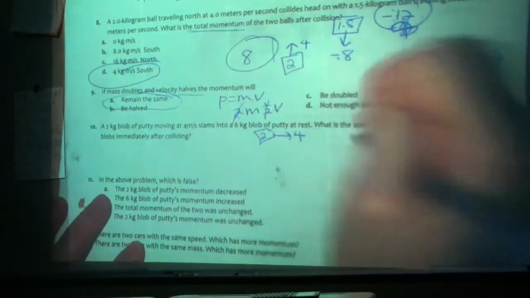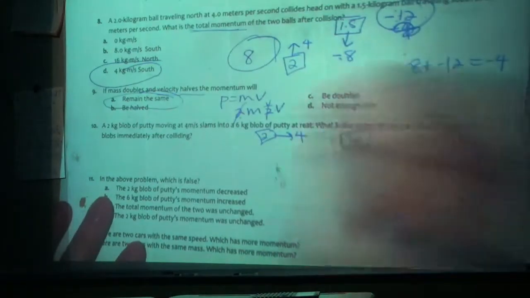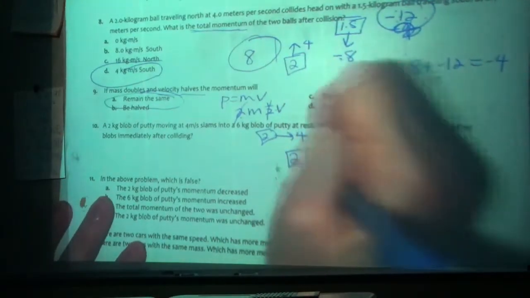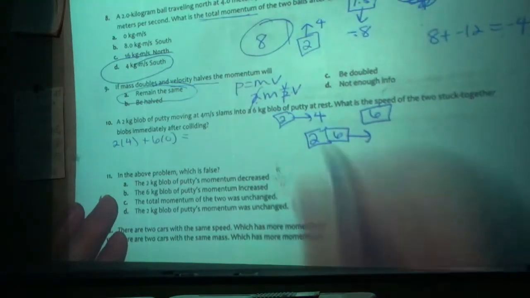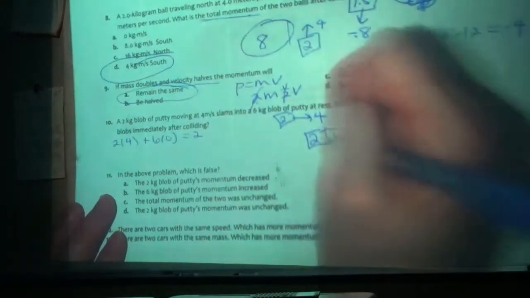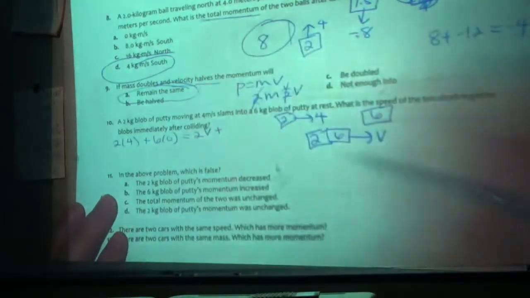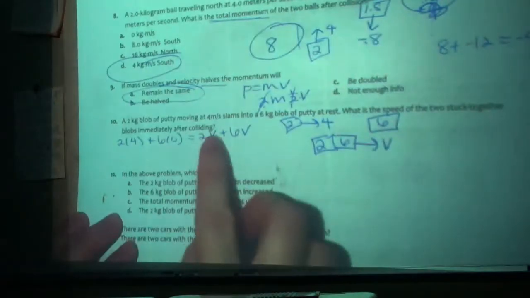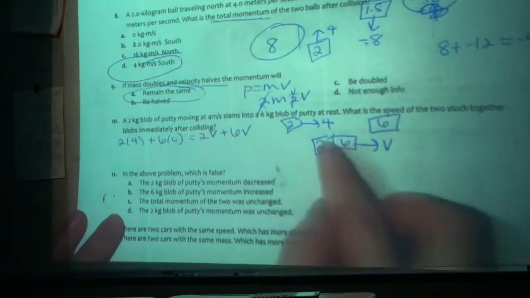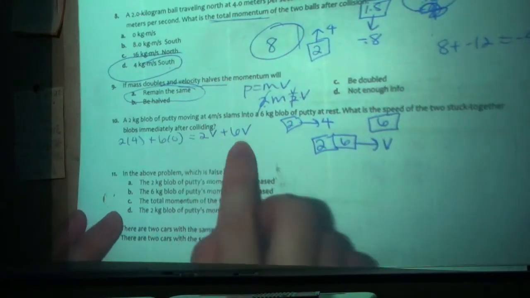Lands into a 6 kilogram at rest. They stick together, and what is the speed of them stuck together? So that would be 2 times 4 plus 6 times 0 equals... Now these two are stuck together, so they share the same velocity, so it's just 2v plus 6v. And again, they're stuck together, so this is the same velocity, so I combine those like terms to be 8v. 6 times 0 is just 0, so I have 8 equals 8v, meaning the velocity when they stick together is